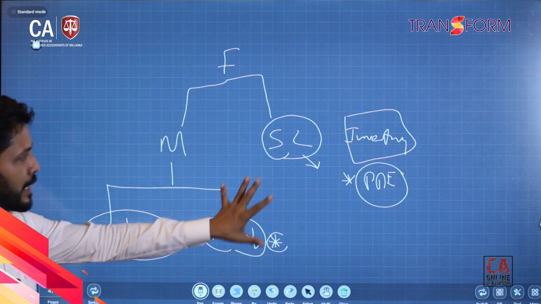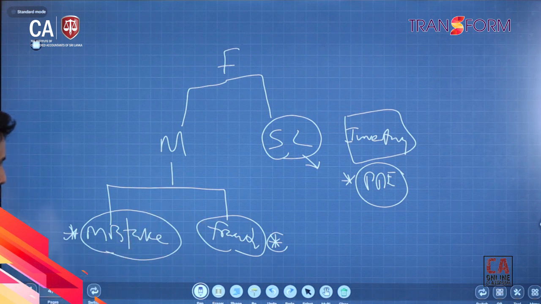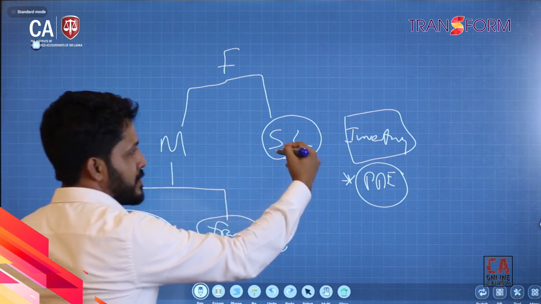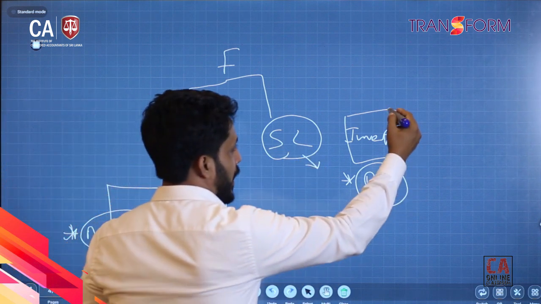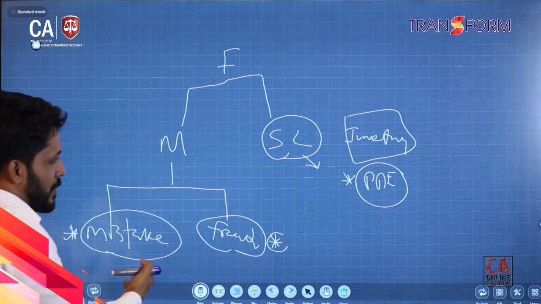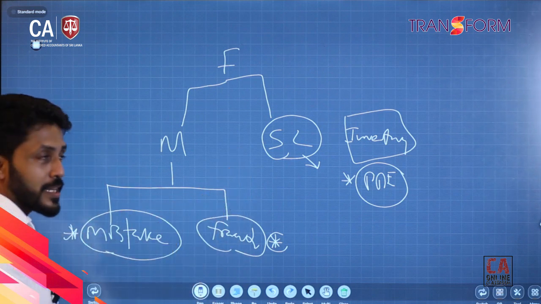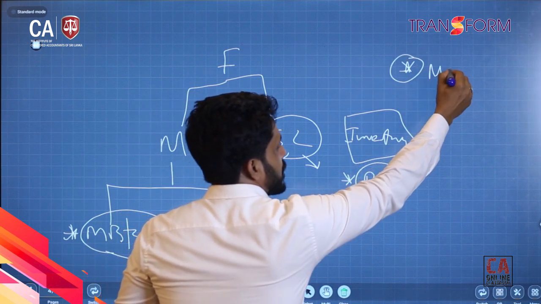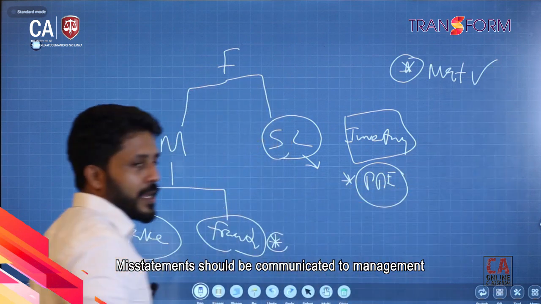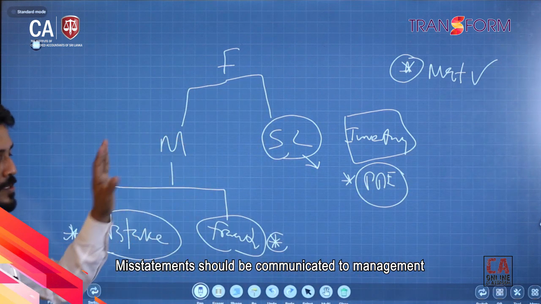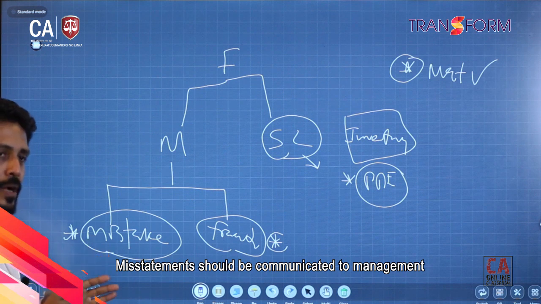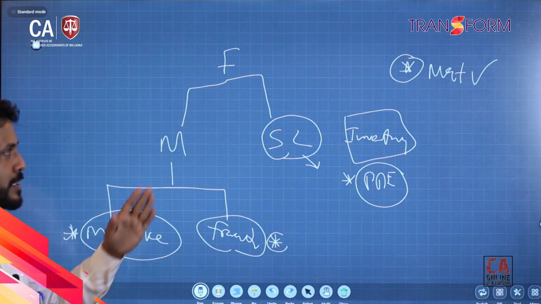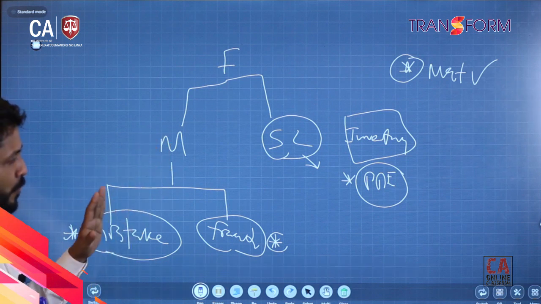So when we carry out audit procedures, what do we do with the mistakes, frauds and scope limitations we find? When we find such things, what should the first step be? We should communicate to management. When we communicate to management, you can inform lower level management, top level management, the board of directors, the audit committee. After informing,